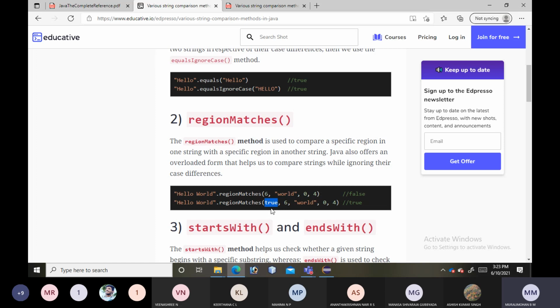It is nothing but an ignore case regionMatches. This is the boolean value. Instead of true, if you pass false, then it is not ignoring the case of the characters. Since we are giving the boolean value as true here, this specifies to ignore the case of the characters. Is it clear?